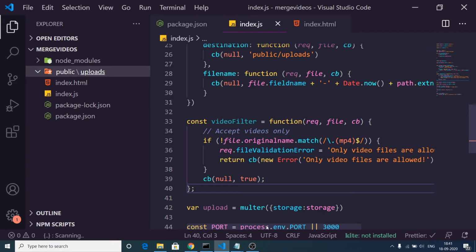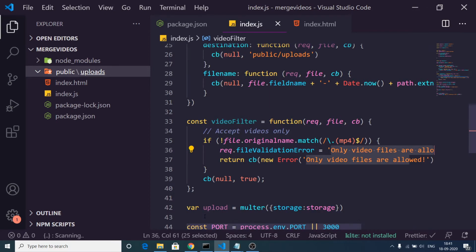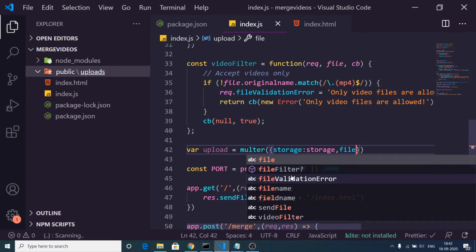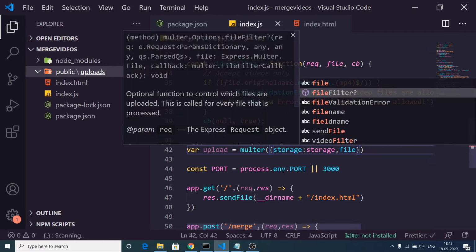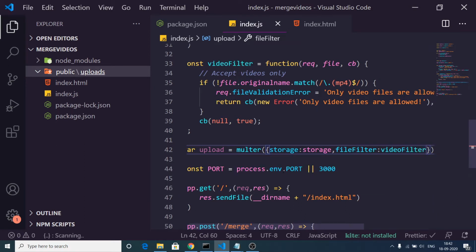So if you upload any sort of other file, this error message will come here that only video files are allowed. And now to pass this option inside Multer, there is a special property which you can pass here, which is I think this is fileFilter, something like this. Yes, you can see that fileFilter, and this will be equal to our filter which we have configured here, which is videoFilter. That's it.